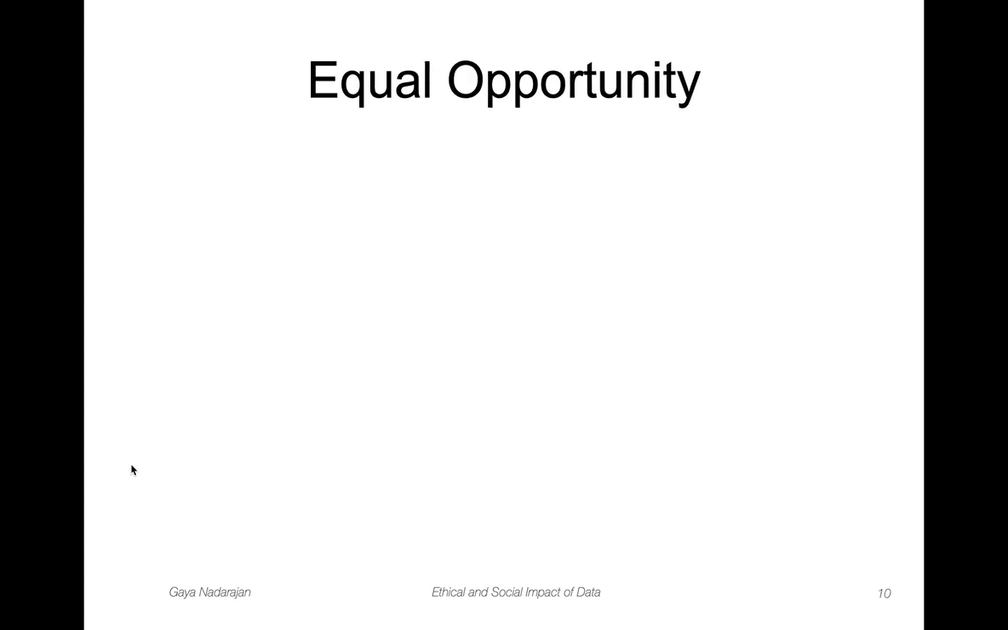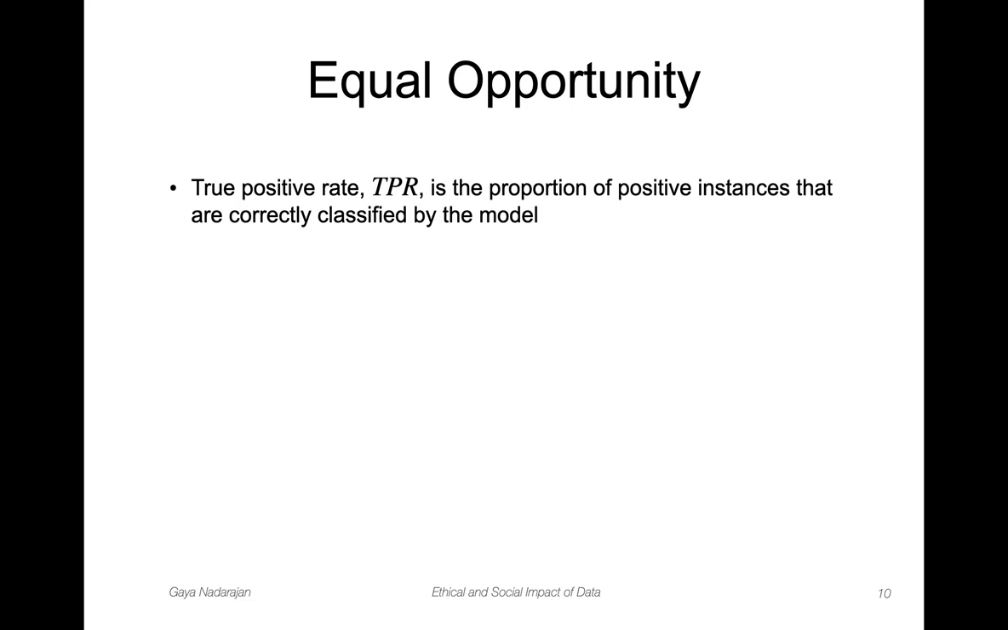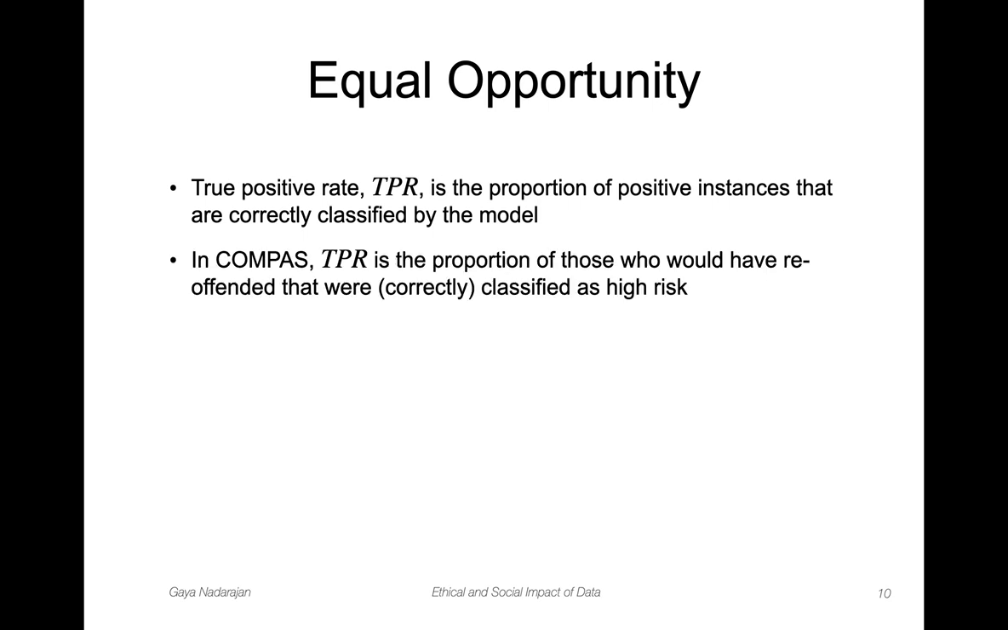The next one we're going to look at is equal opportunity. Now, equal opportunity, we have something called true positive rate. So true positive rate, TPR, is the proportion of positive instances that are correctly classified by the model. So in COMPAS, what this means is the proportion of those who would have reoffended that were correctly